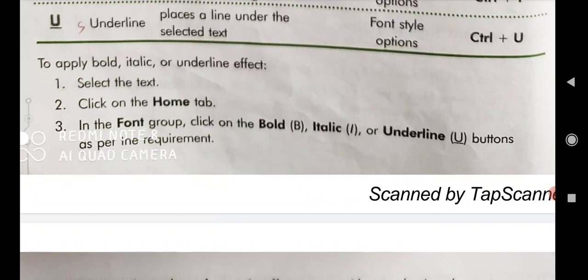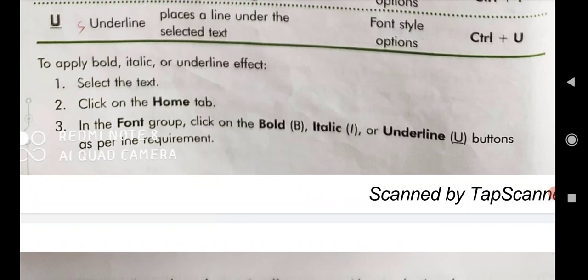In the Font group you will get bold, italic, underline. So click on the bold (B), italic (I) or underline (U) button as per the requirement. Whatever the requirement we have, according to that we click on the particular button.